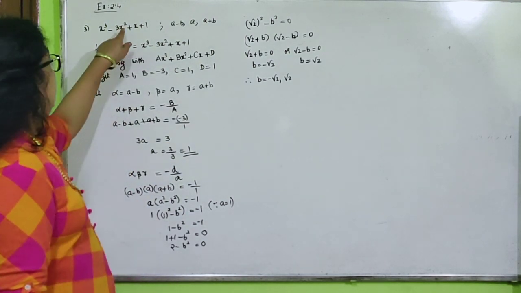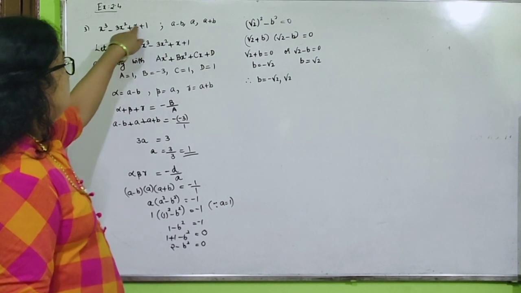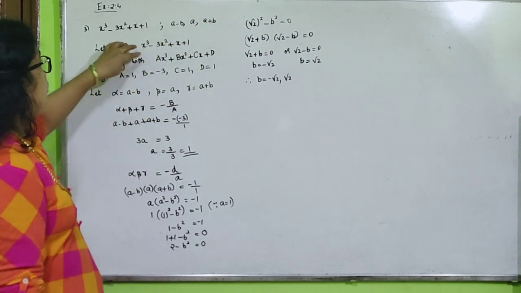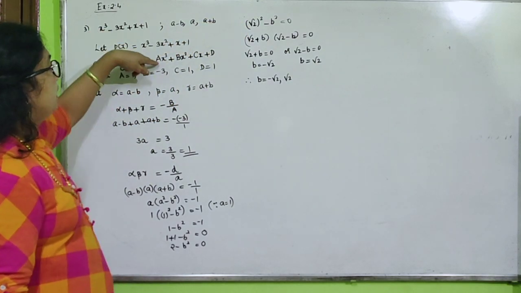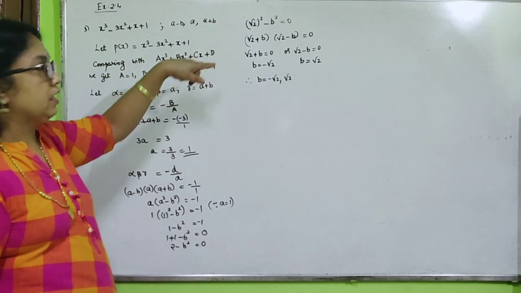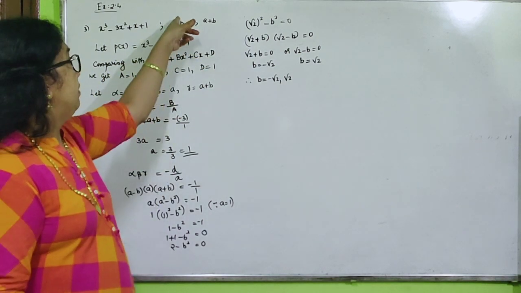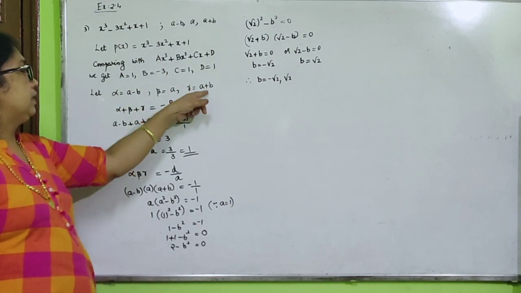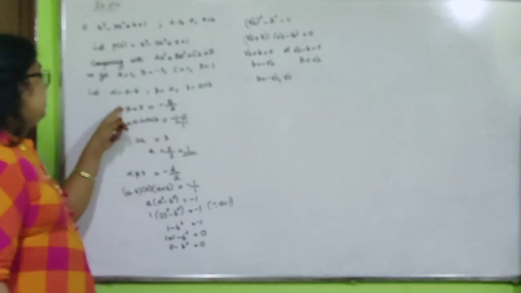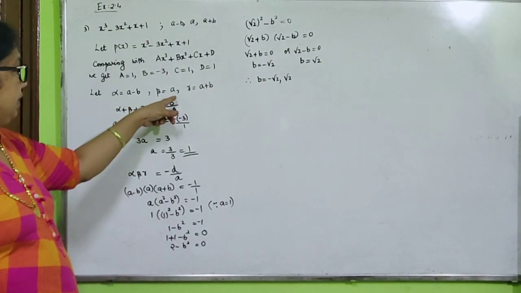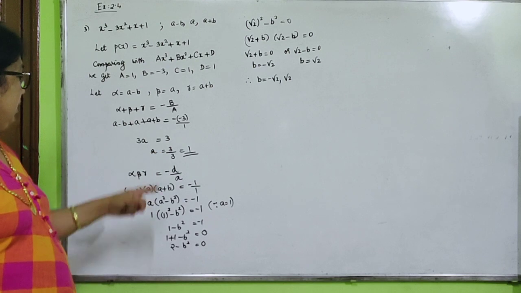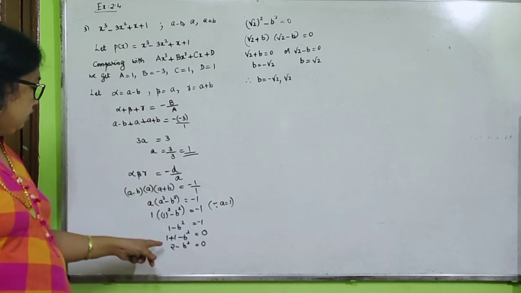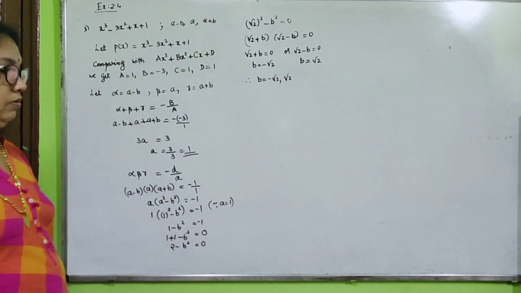So for the first P of X, in the zeros only A and B are given. So we are comparing that with our standard form with the capital letters. We are taking it to differentiate between that A minus B and this A. Then A, B, C, D will be written, alpha, beta, gamma that is given. These all are given values only. Then sum of the zeros we took, we substituted, we got the value of A. Then taking the product of zeros, we took the formula. Then on substitution, you will get the value of B.